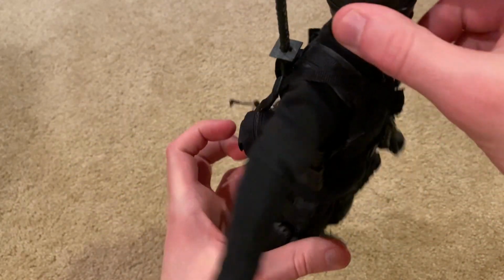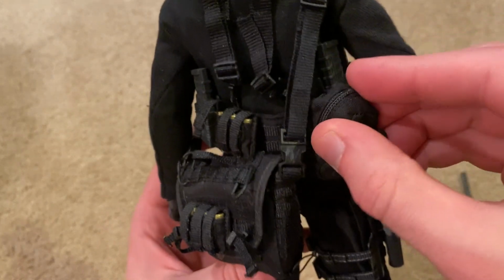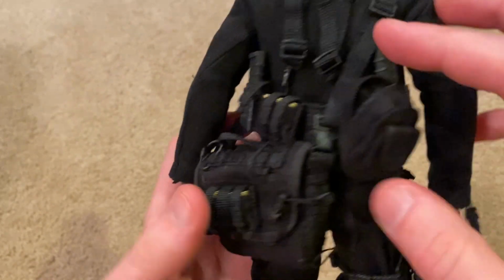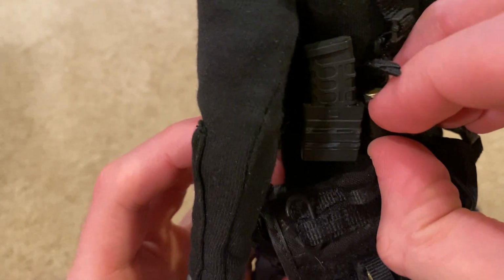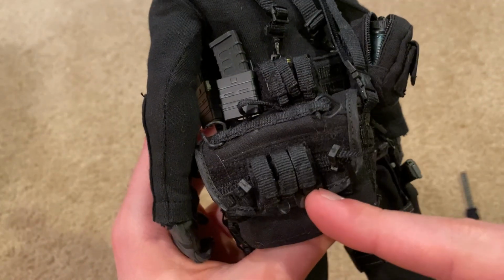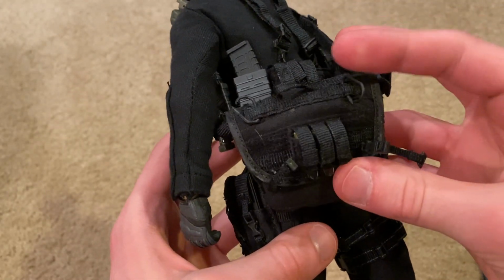And then in the back, it's got a lot of stuff here. We've got his katana, which I'm going to show in a minute. And then he's got this pouch here for his water bottle. All right, this small pouch here has grenades for his grenade launcher, and they give you 3 of those. And then we've got this bag here. Actually, we've got 3 more grenades there, so 6 in total. And then this large bag here,